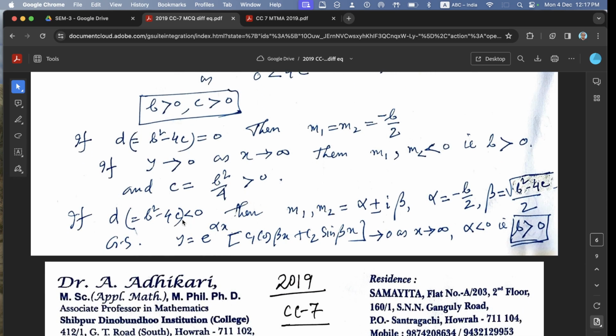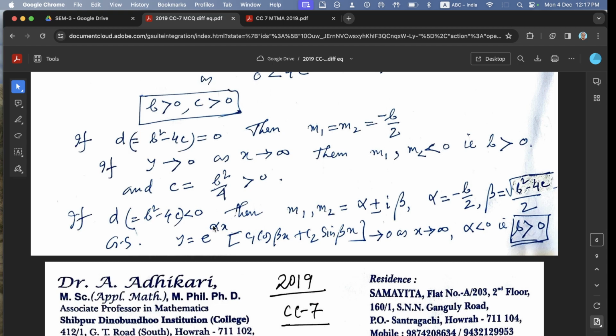So in the case of real roots, b and c are both positive. And if the roots are complex, D is negative, then m1, m2 equal alpha plus or minus i beta, that is alpha equal to minus b by 2, and beta equal to root over b square minus 4c, whole divided by 2. The general solution is e to the power alpha x times bracket c1 cos beta x plus c2 sin beta x. Since the modulus of both cos beta x and sin beta x is less than or equal to 1,